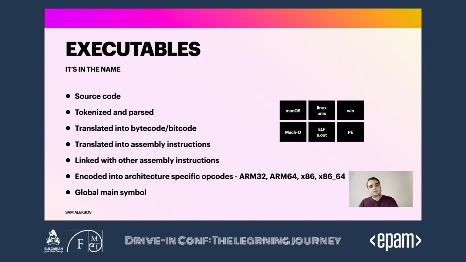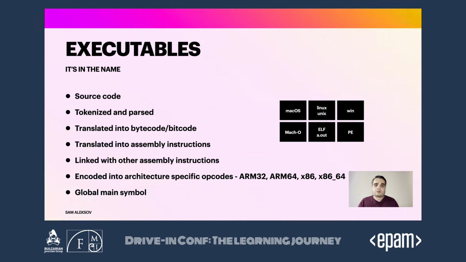You can start probably at any single point of this bullet list, essentially, but at the end of the day, you're always going to compile to some assembly for that particular hardware architecture and OS pair. And executables just export an interface of how they should be loaded in the operating system. That's generally a main symbol, or as you already guessed, the main function. Symbols and functions are kind of synonymous in this context, although you can have symbols that are not functions.